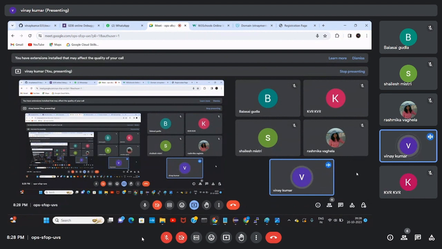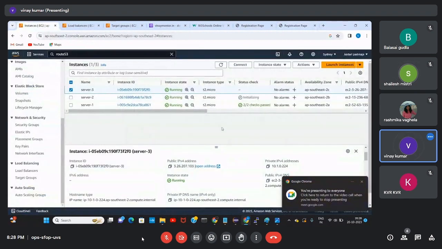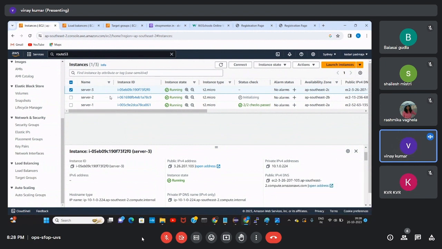Why 750 hours? If you are using only a single server, it will be enough. Now I have created 3 servers. If I leave them for 1 day, that equals 72 hours.